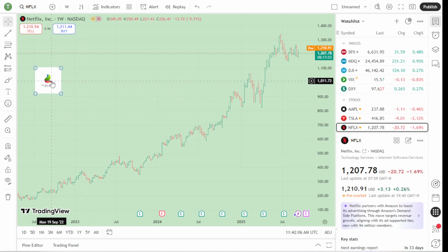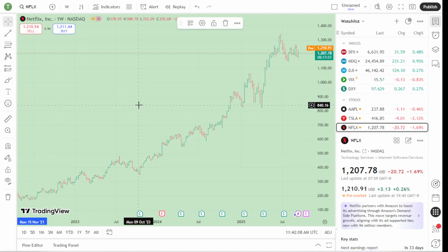Let's start by opening your TradingView platform and navigating to the chart you want to work with. If you're new to TradingView, simply log in and select any chart from your watch list, or create one if you haven't already. Once you have your chart open, direct your attention to the top of the screen where you'll